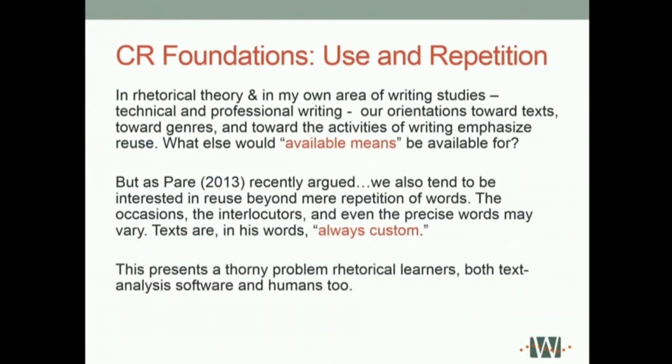When we talk about how people learn a particular set of rhetorical moves, you've heard me use that word a couple of times. I kind of mean it in the Swales sense, but I'm also being a little bit more general, talking about how folks get used to making moves that others recognize as valid moves, right? So it does connect with this phrase, available means. One of the things that means are available for is reuse. It may not be reiteration, but these are how these kinds of rhetorical gestures, as we heard Byron talking about, get picked up by others.